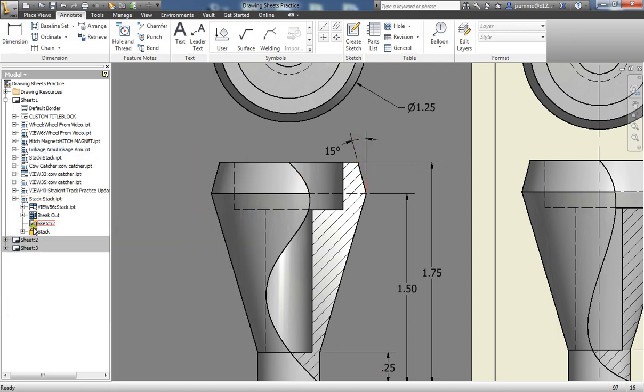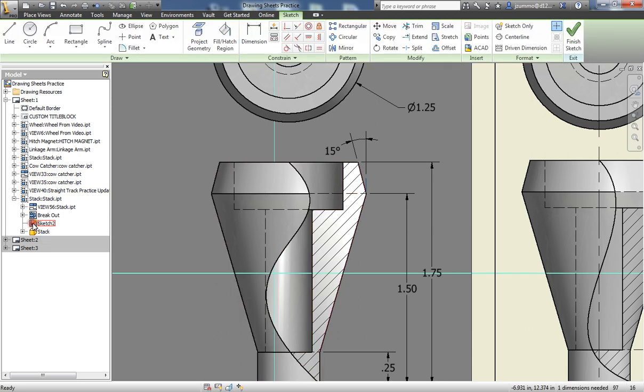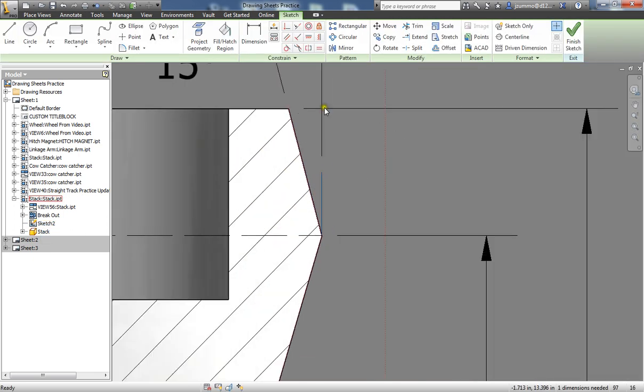Now what I'm going to do is go back in to sketch number 2 where I drew this line. So I'm going to double click on sketch 2 to bring that back up. You can see now that you're in sketch mode here by your sketch bar popping up. If it didn't pop up, you didn't double click it right, so try it again if that happens to be the case. I will now select this line, dimension it to be